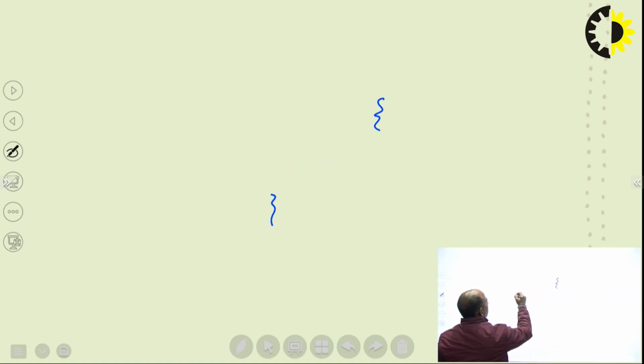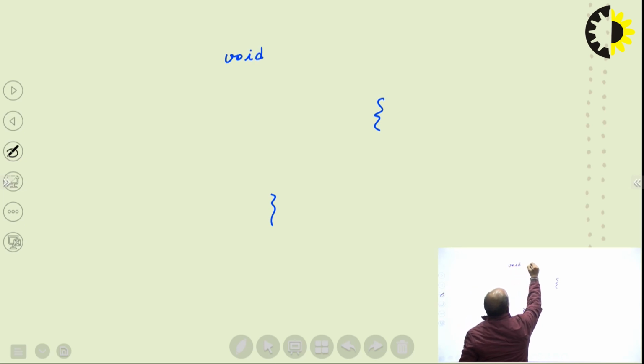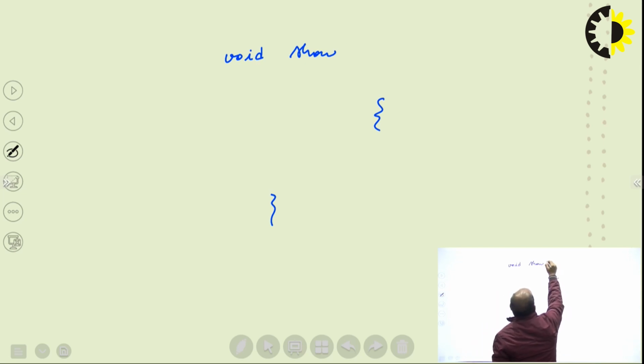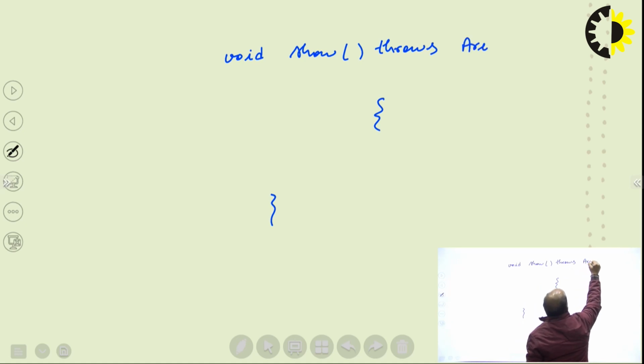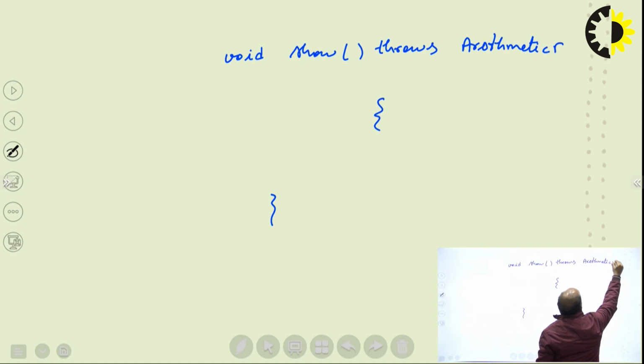Let's say the function name is void show, and this show function wants to throw some exception, then it can write throws, and let's say I have written arithmetic exception, meaning